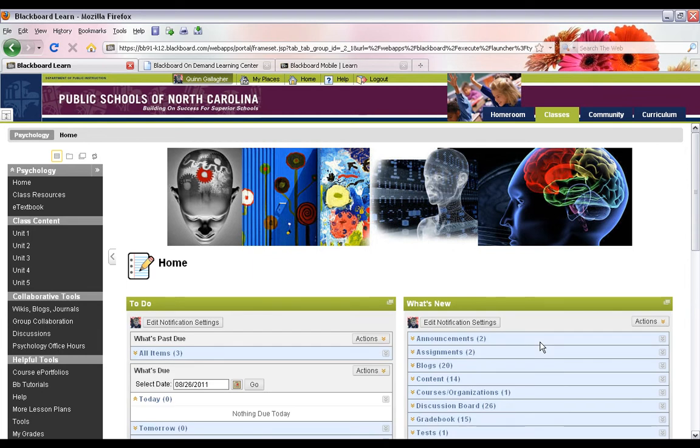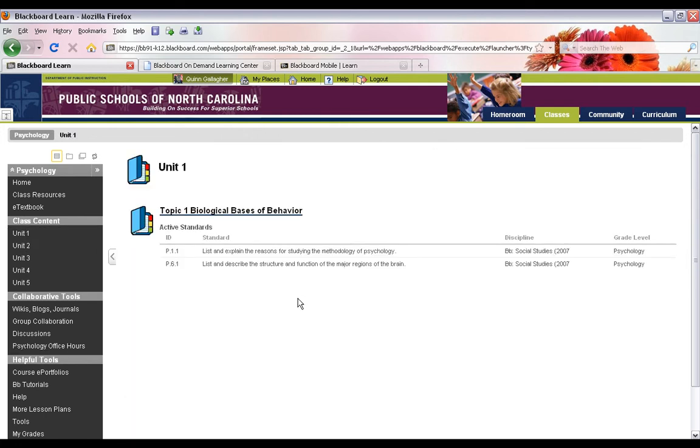teachers can differentiate instruction for their students, as well as see multiple forms of authentic assessment so that teachers can actually use Blackboard Learn to assess their students. So when Quinn goes into his course, he can navigate from the course menu on the left-hand side. He's going to go into Unit 1. And I want you to notice here first that when Quinn sees that his Topic 1 that he's going to participate in today, notice how he can see the standards that are addressed within that topic. This is the counterpart online to a teacher writing the objectives of the day on the board in the face-to-face